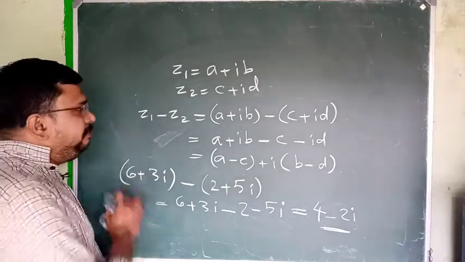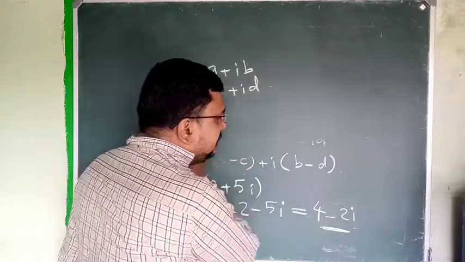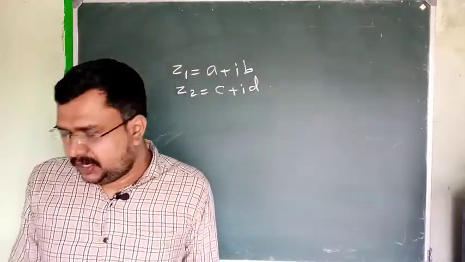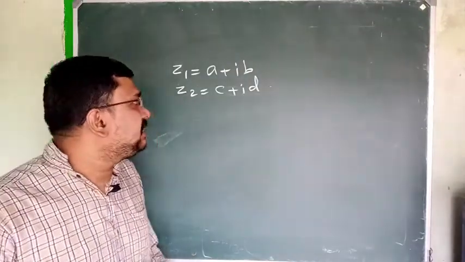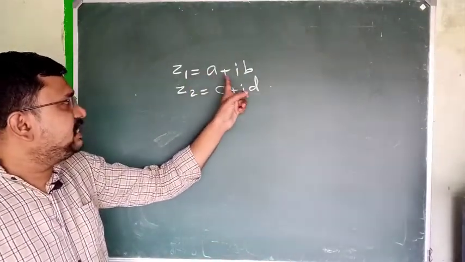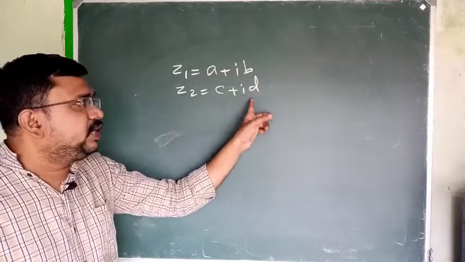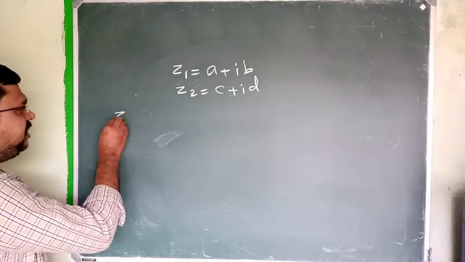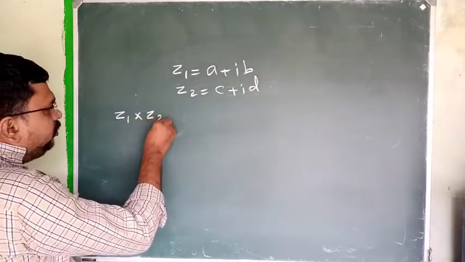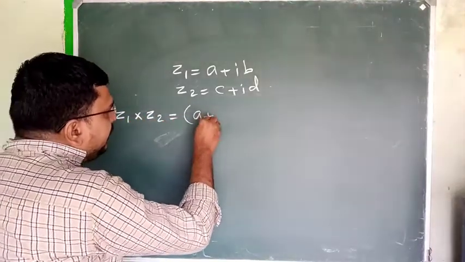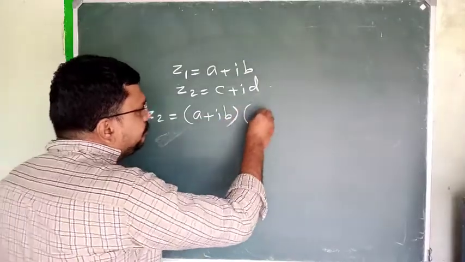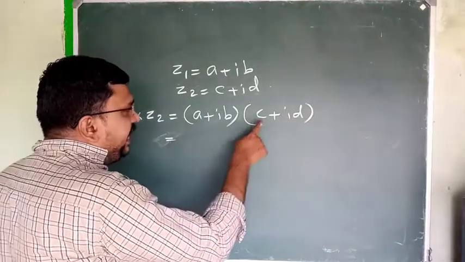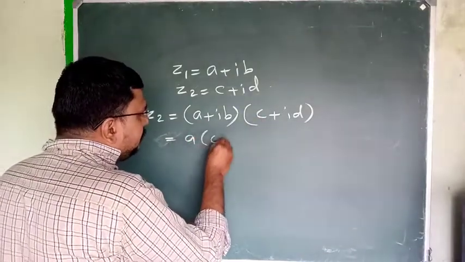Next one is multiplication of two complex numbers. Listen. Let us suppose that the first number is Z1 equal to a plus ib, and Z2 equal to c plus id. Then Z1 into Z2 is equal to (a plus ib) into (c plus id), which is equal to a into c